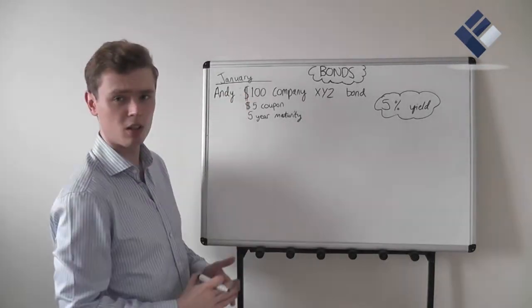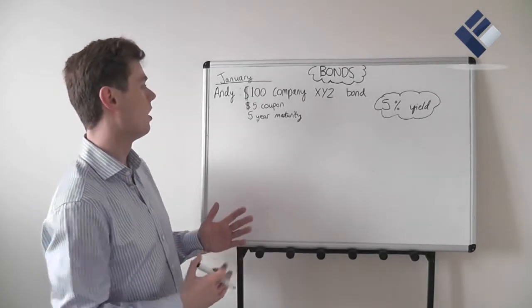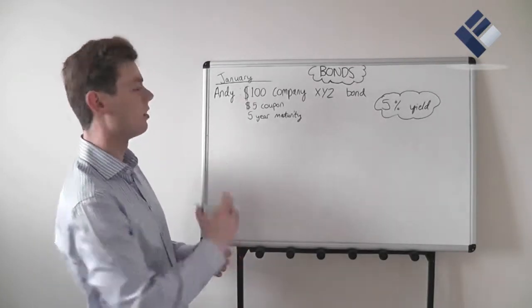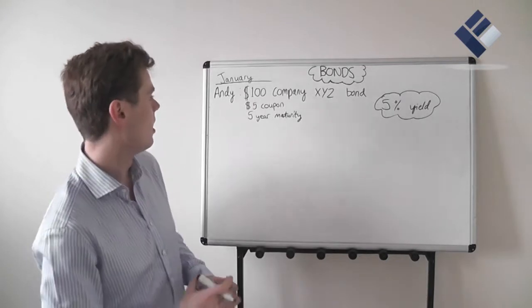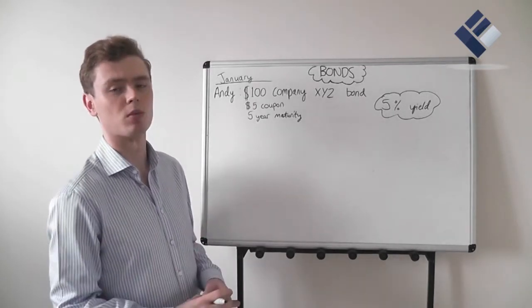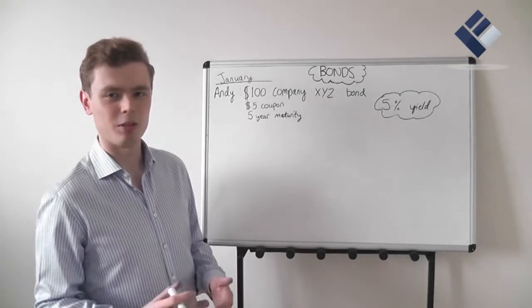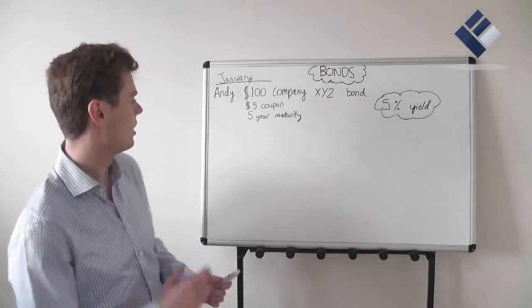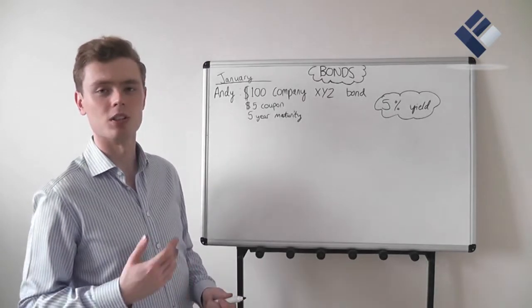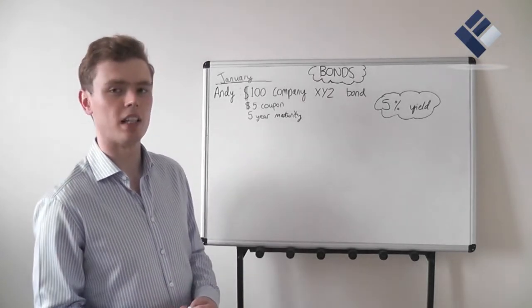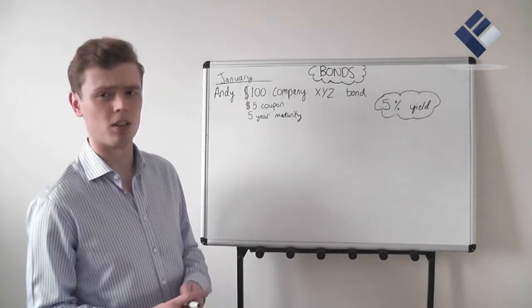For the purpose of the example, we're going to say he purchased this bond, it was issued to him in January. So, let's say that September comes around, and he's a little bit short on cash. He's run out of patience. He doesn't want to wait 5 years to realise the return on the bond. He'd like some money now. He'd like to sell his bond if he can.